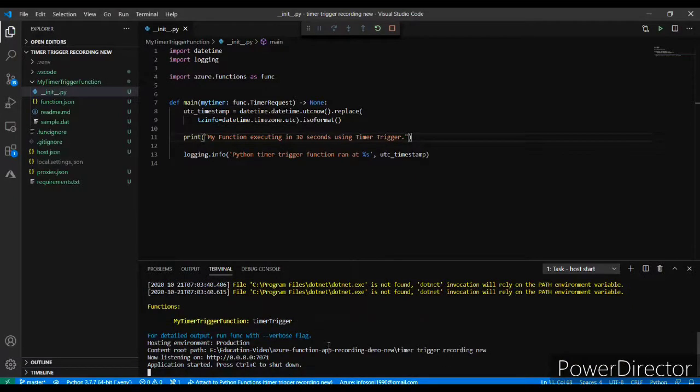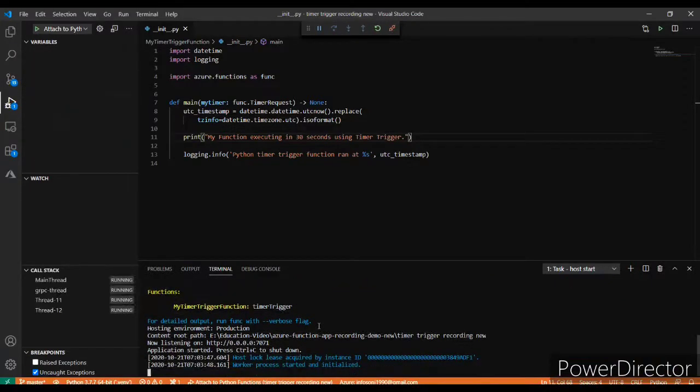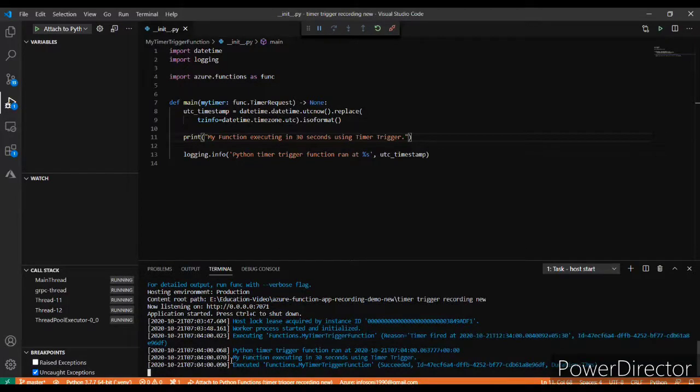My timer trigger executed. Yeah, so first time this is printing my statement, my function executing in 30 second using timer trigger.